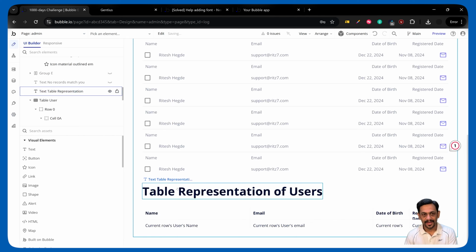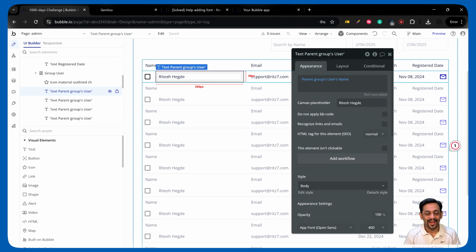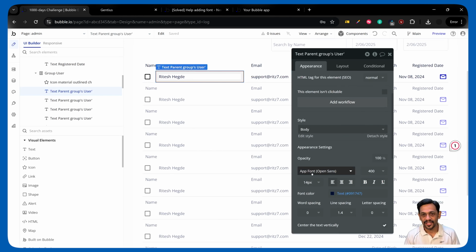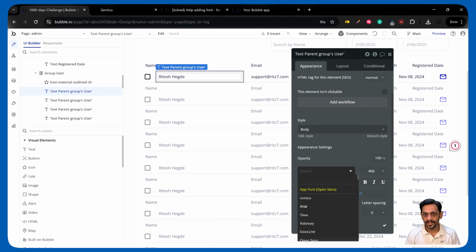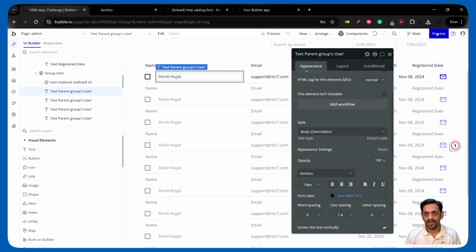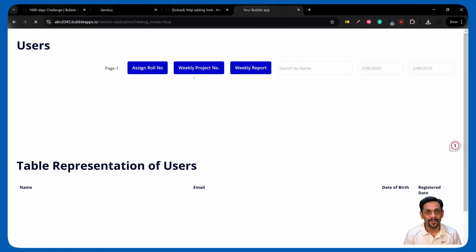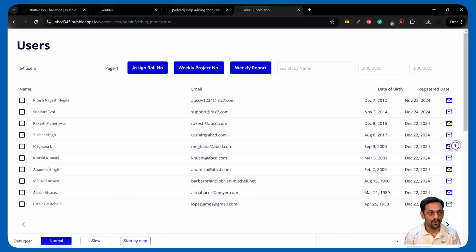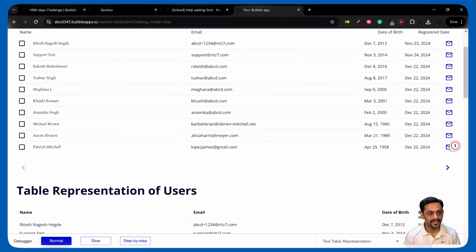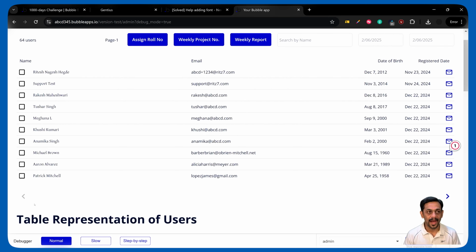Now I can just delete this file uploader because we don't need it anymore. And I can go to the text and change the font to Gentius. It looks like this. If I click on preview, we can see the entire thing being changed. You can see all of this is now in Gentius, while this is in the previous font that we had. This is how you add a custom font